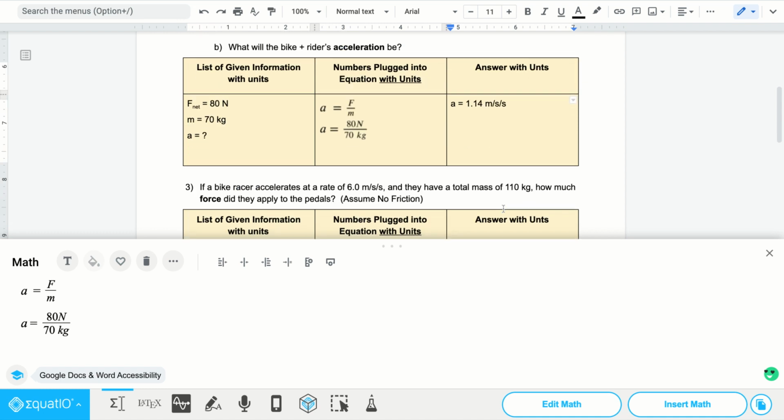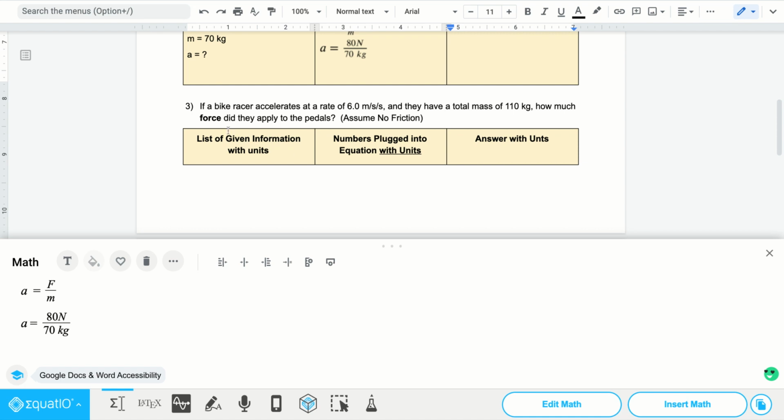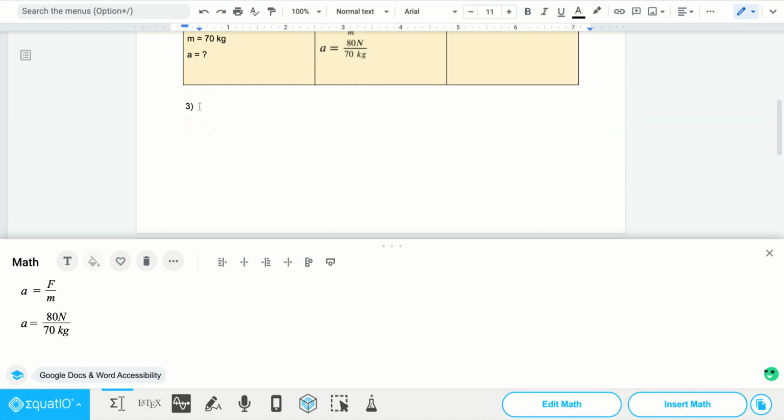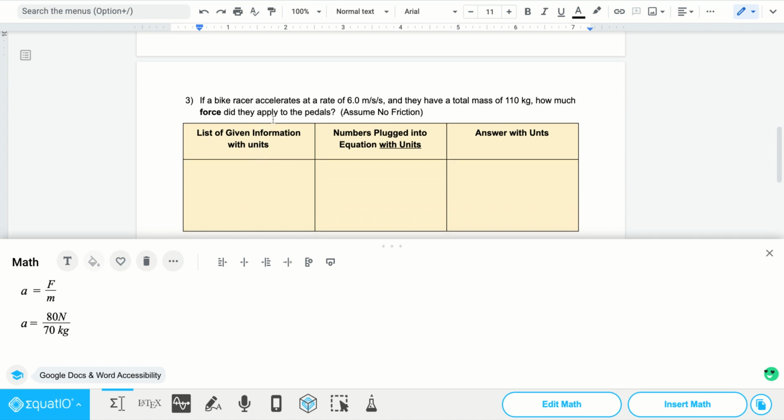Okay, and the next problem. Oh, it's on. I don't like that. Move it to the next page. Okay. This time we have a bike racer accelerating at 6 meters per second, so we know the acceleration. And this biker has a total mass of 110 kilograms. And we need to find out how much force they have